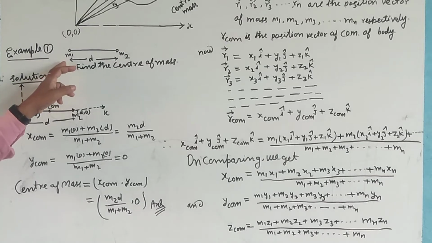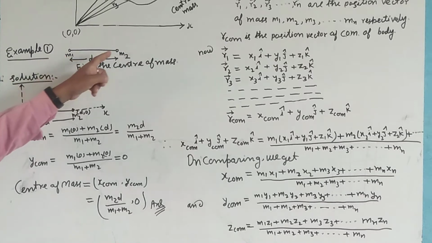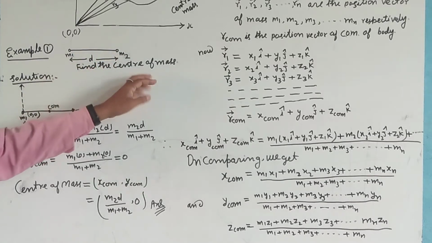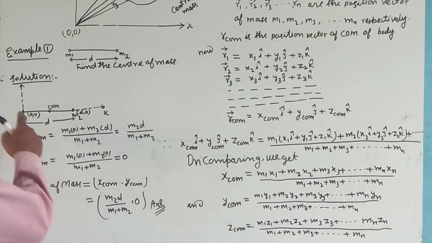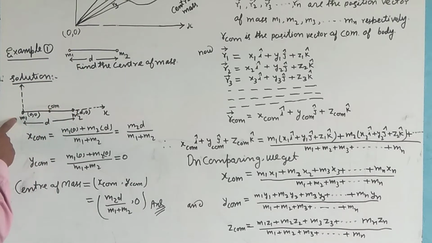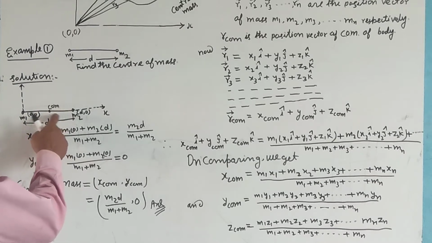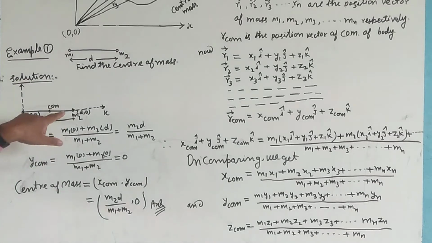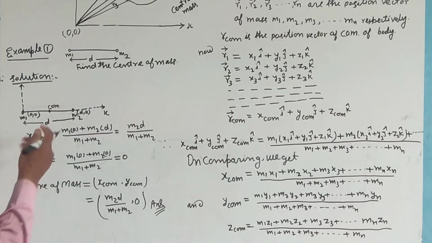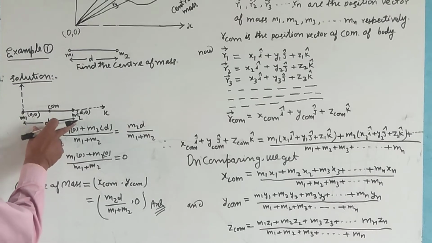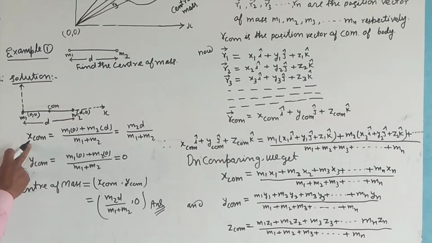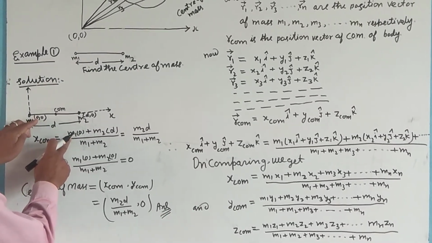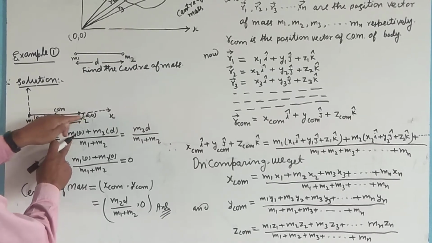Here there are two particles of mass m1 and m2 placed at a distance d from each other. Find the center of mass of this. This is a particle of mass m1, this is a particle of mass m2, this is the x coordinate and this is the y coordinate. These two particles are placed a distance d apart,